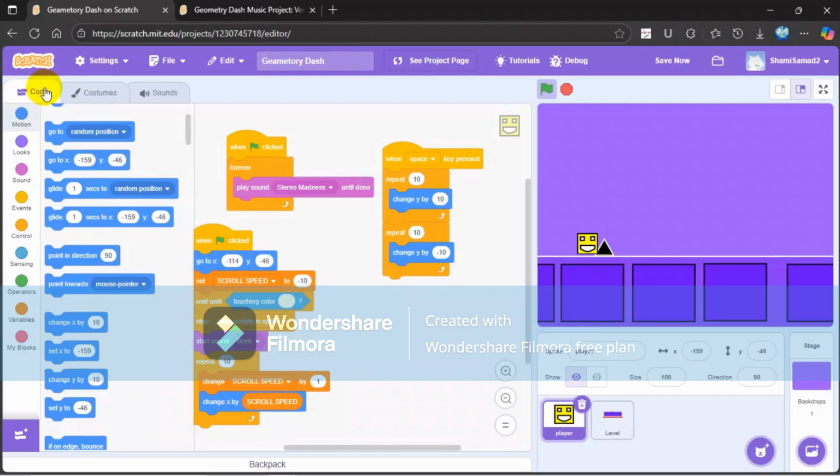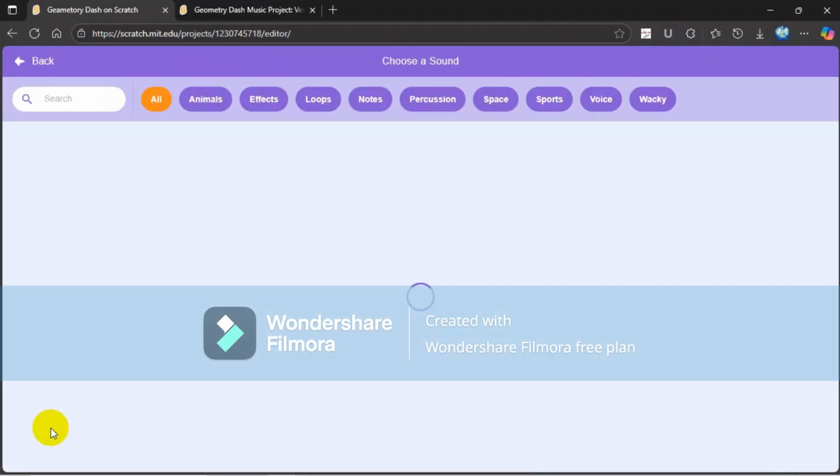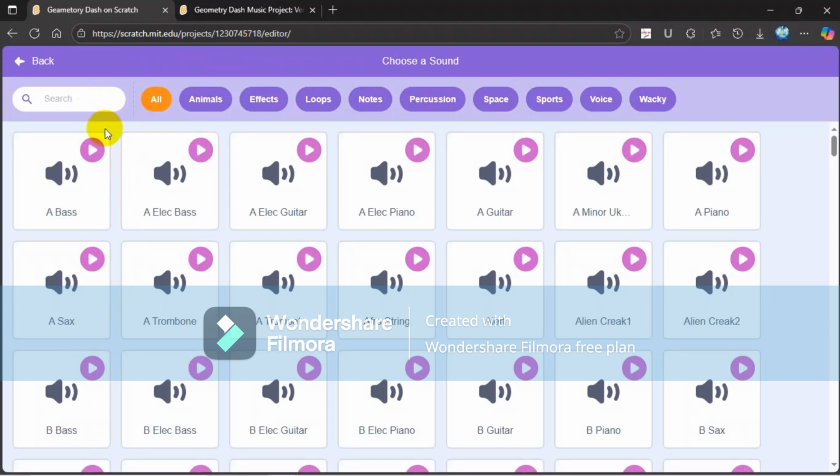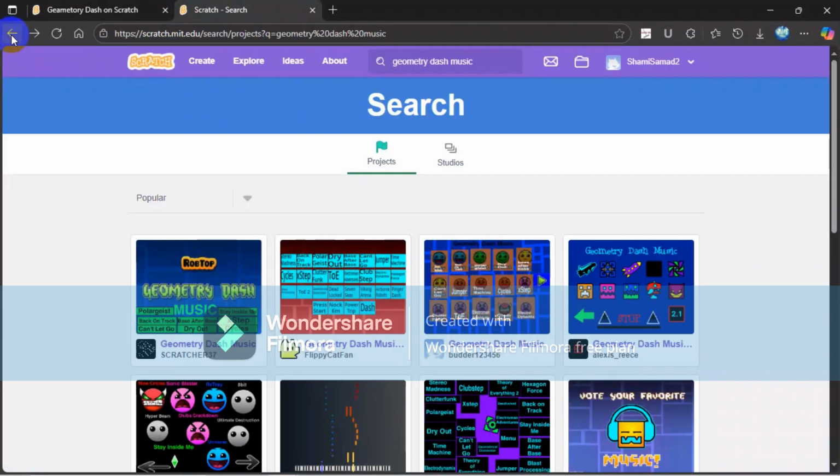And then I made the music by just... we can't find the Stereo Madness in the actual Scratch music thing. So all you have to do is go to a different Scratch page, and then you